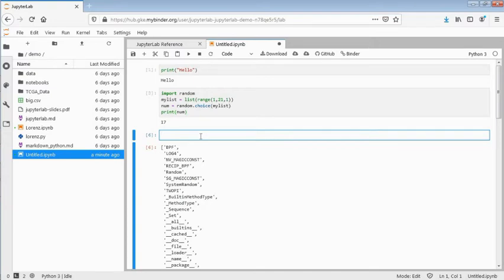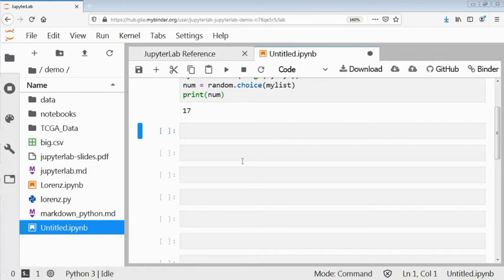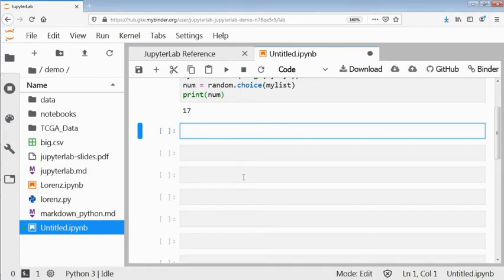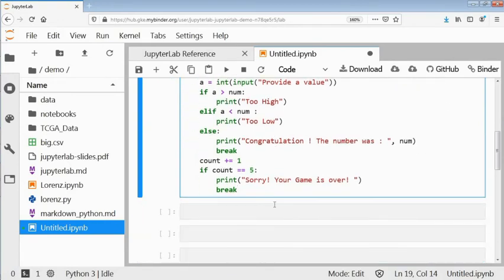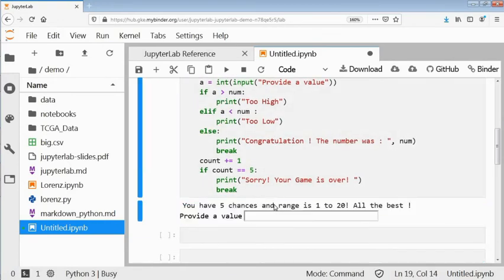So now let's try how it comes out. My random number code is prepared. Let me copy paste here and run. It is saying you have 5 chances and the range is 1 to 20.